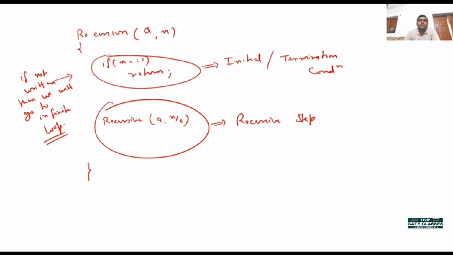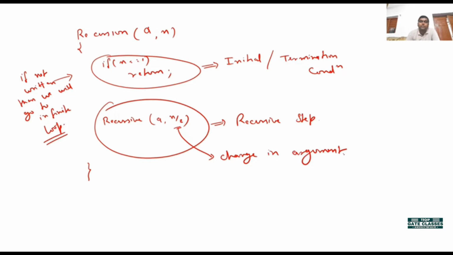Ultimately, in recursion there are two, or we can say three, steps which are absolutely essential. The very first one is the termination condition or initial condition, because if the termination condition is not available at the initial point, that's why it is initial, then the entire task is going to be in an infinite loop. After that there is a recursive step, and there is also a change in argument. This is also important. So, change in argument.